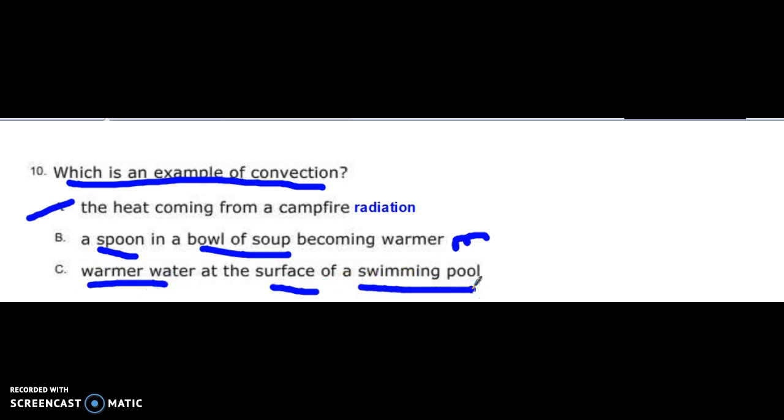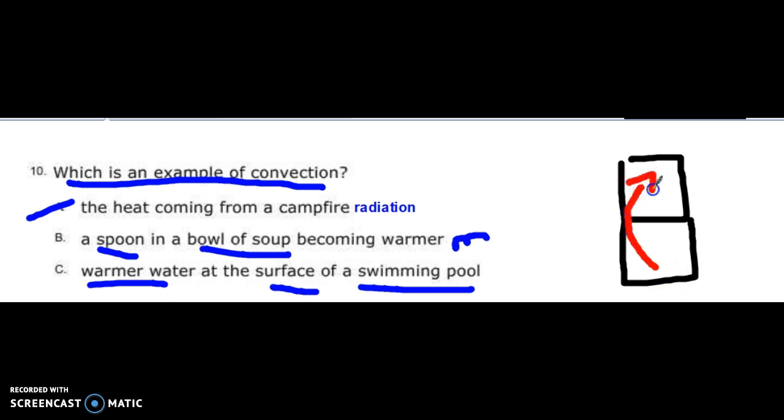Now let's think back to the experiment we did in class yesterday, where we had our jar on top, we had our jar on the bottom, and what we saw was the hot was rising, and we saw that the cold was sinking in that convection cell that we saw inside the jars, which makes this one a very good answer. Now I'm going to tell you why C is the best answer, because if this is on the test,